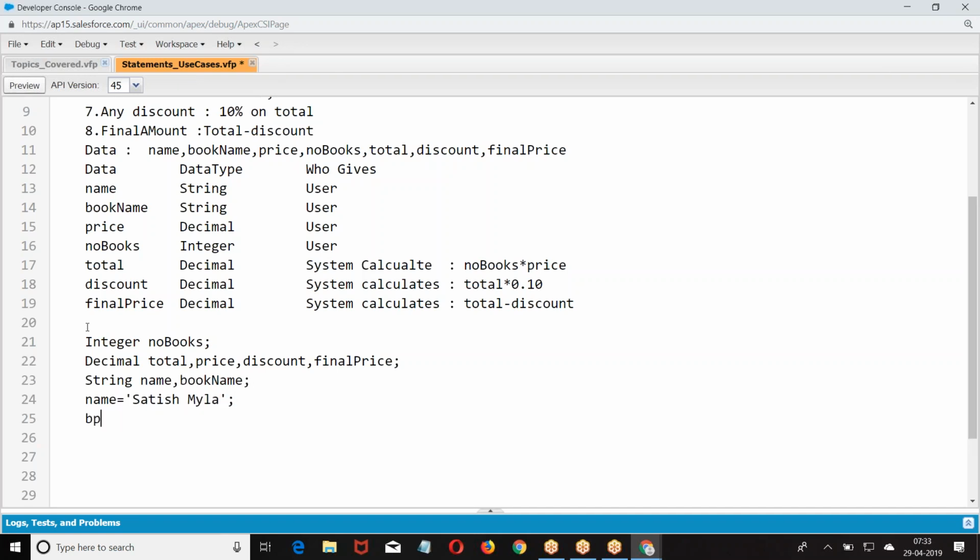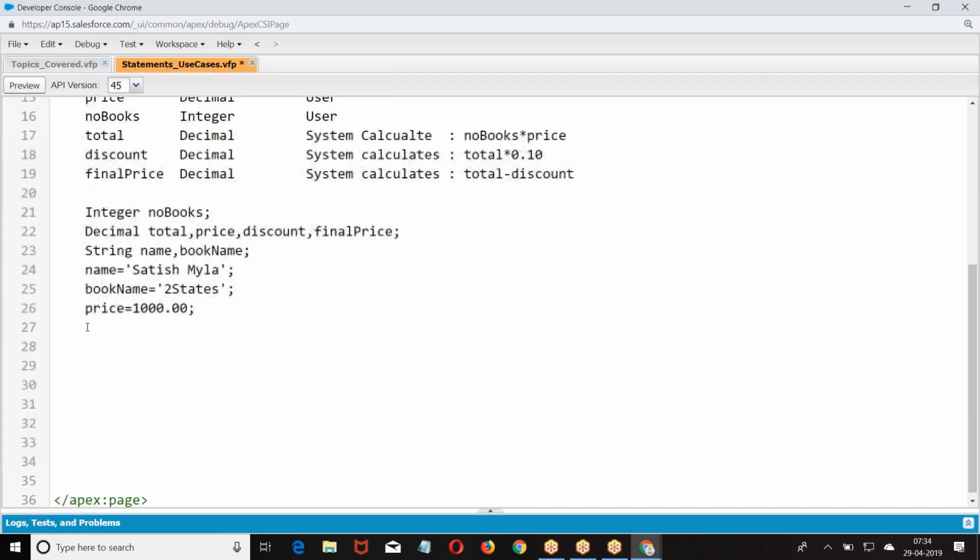Book name, then I give price, then we have the total, system has to calculate. What is the value of total? Number of books into price. Discount, system has to calculate. I told total into 10%, final price.